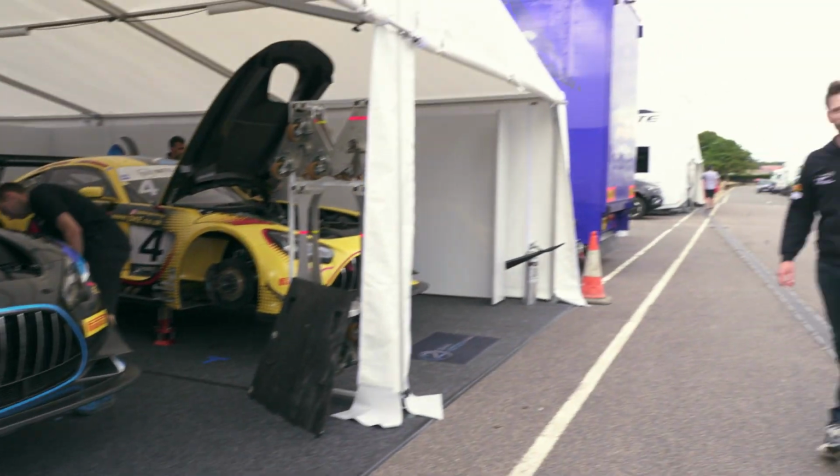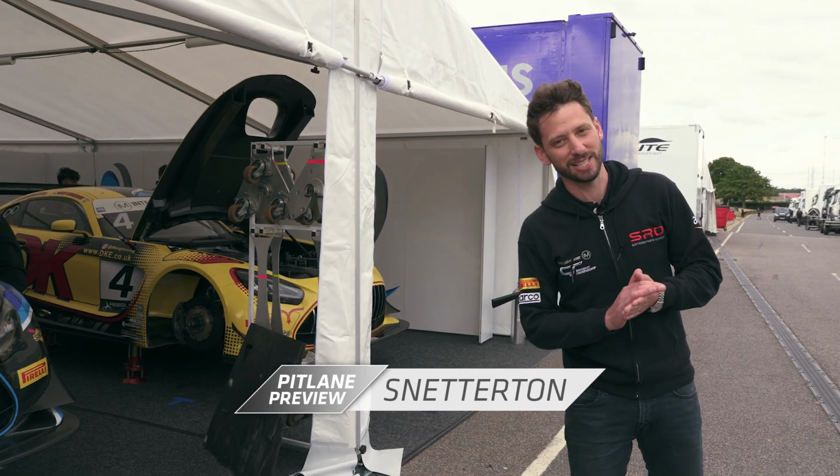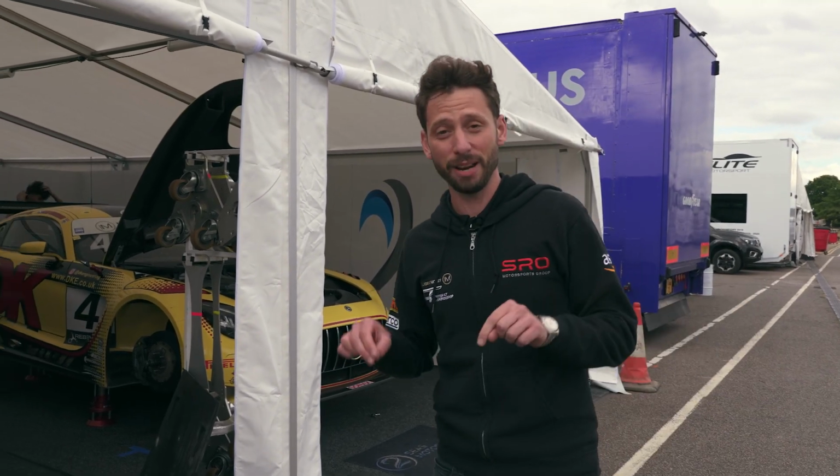Hello everyone and welcome to Snetterton, home to rounds 5 and 6 of the 2022 Intelligent Money British GT Championship. It's Friday, so of course we're going to do our pit lane preview, but we're starting here in the paddock